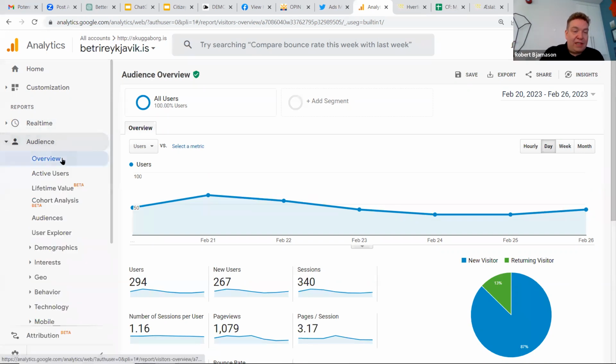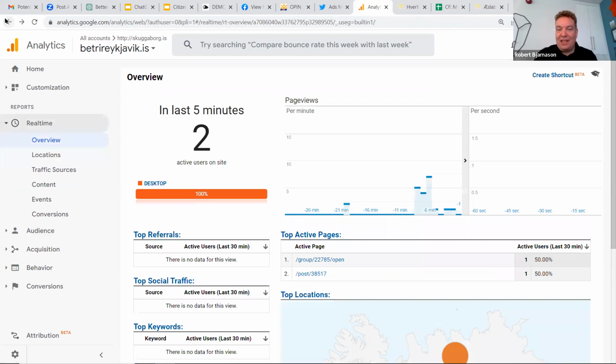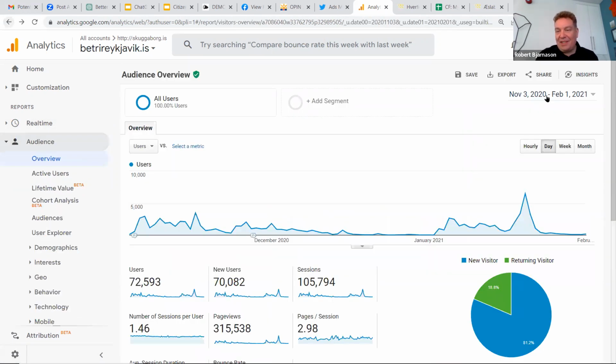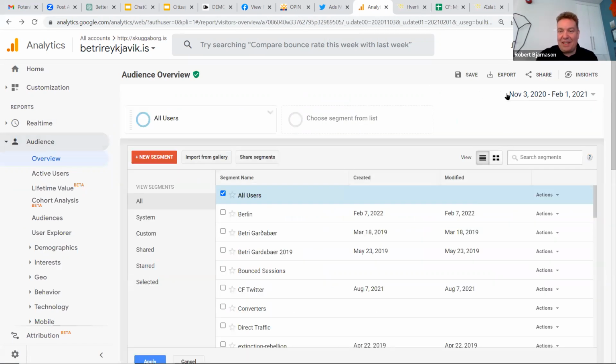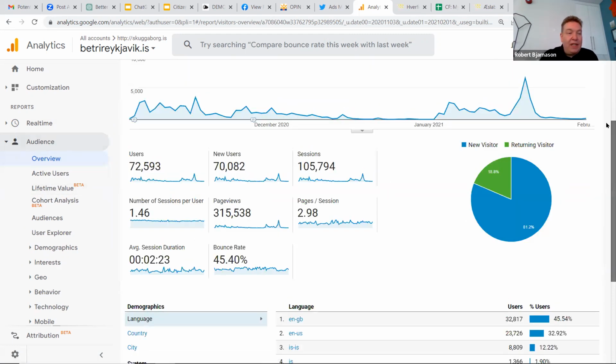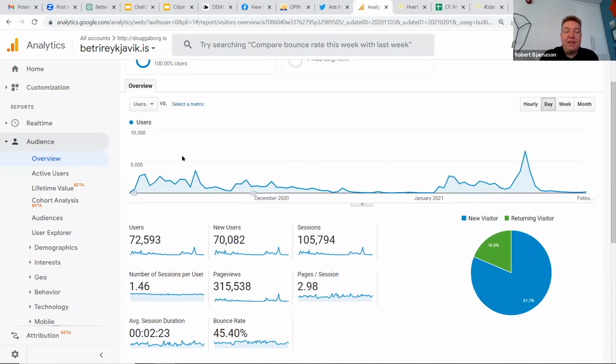And if you look here at the audience, and don't worry, I'm not going to go through all those different menus, you get a little overview. I lost the time range here because I went into real-time mode, but now we have the time range back. If you go into real-time mode, this can happen. So in the overview, you have the